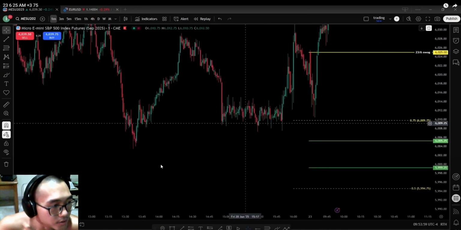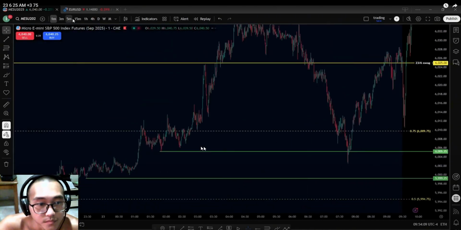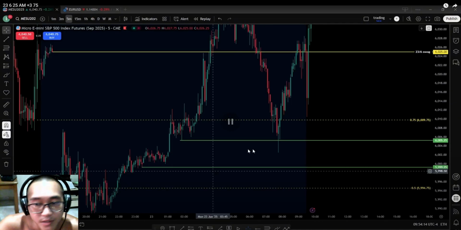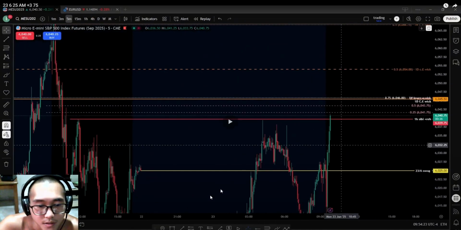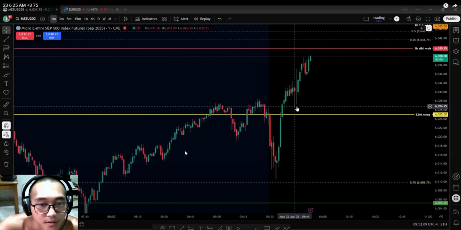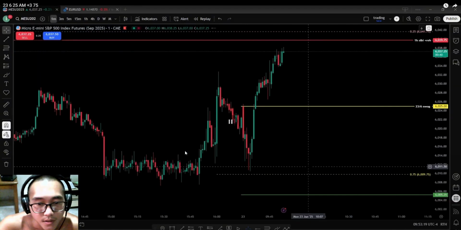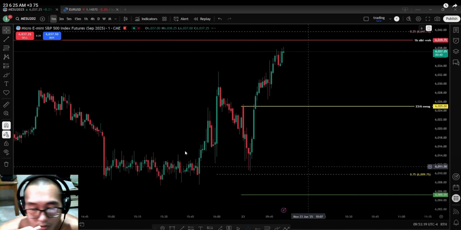Okay. So yeah, and also drawing out all the sell side here. Okay, so 5 minutes you can see. Let's go back. So this is on the 1 minute chart, on the RTH chart, so what we can see